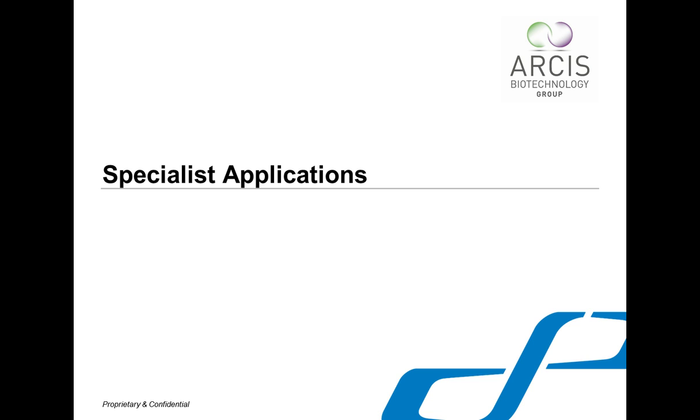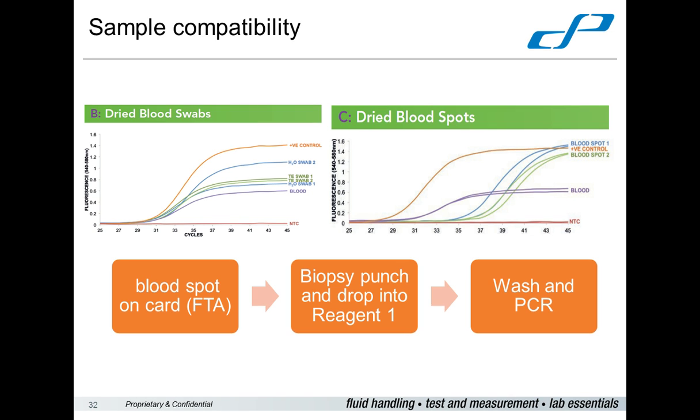So I'd like to move on from sequencing and talk about some more specialist applications for genetic testing, particularly forensics type applications, human identification workflows, or methods where your sample collection is slightly non-standard. So maybe swabs or biopsy punches or veterinary samples such as tissue, animal tissue. And the following slide